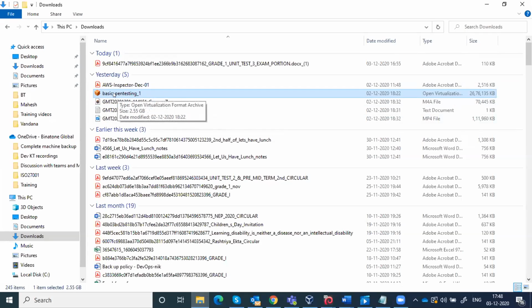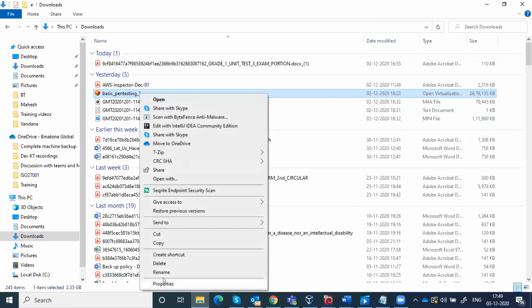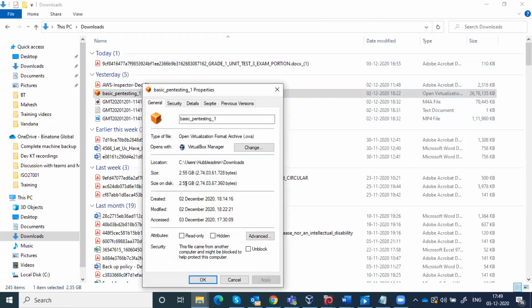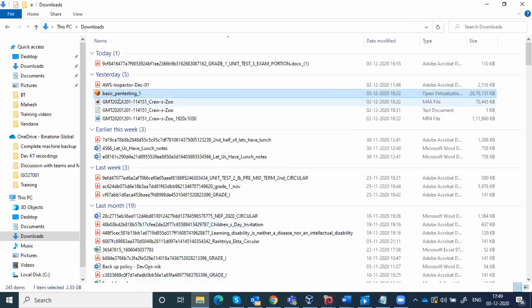Either that is the case, or it could be that when you're installing these things, it asks you to associate these files by default. What is the file size that you're getting, Gaurav? 2.55 GB. For me also. Gaurav, what are you getting? 2.55. That should be the size. Even on my system, I have it as 2.55.